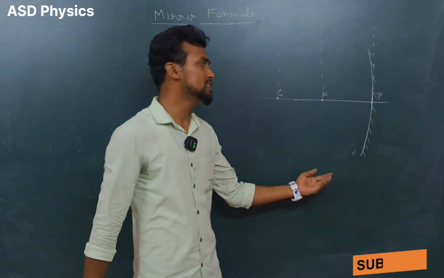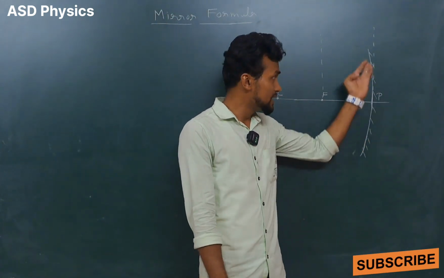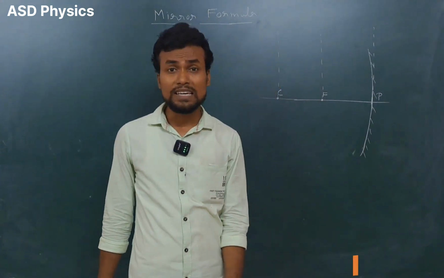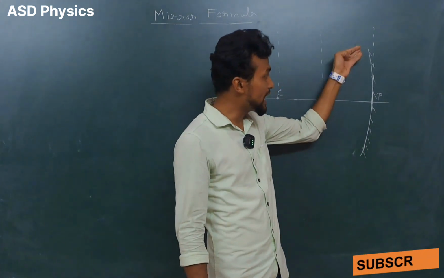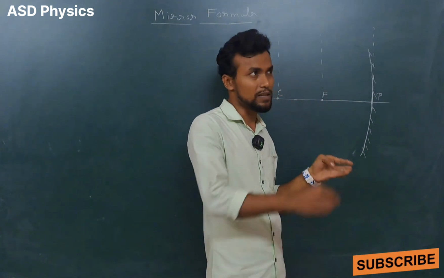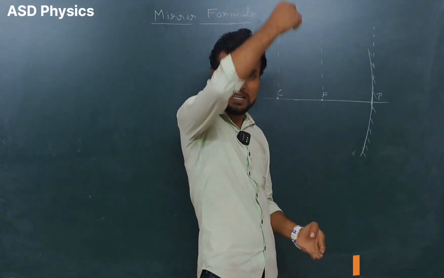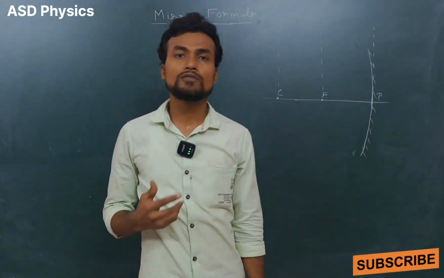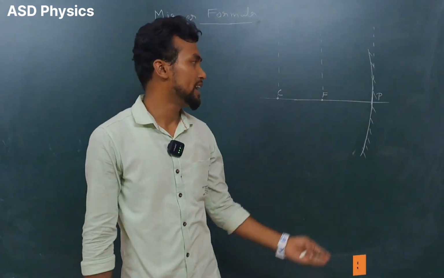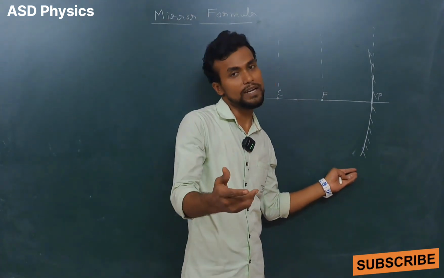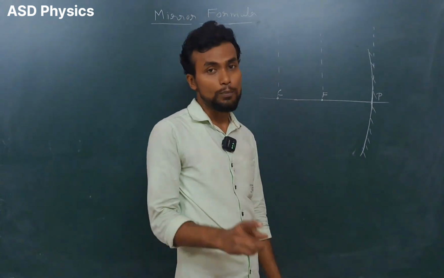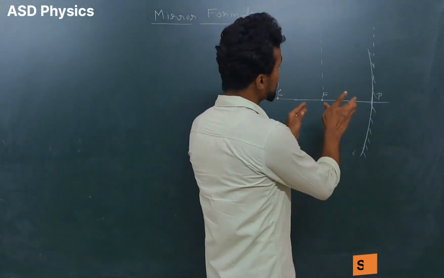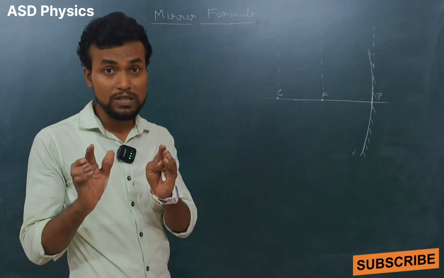Kindly make sure that in our syllabus the mirror is as less curved as possible, that means as straight as possible, not completely straight, but very less curved, so that the approximation of ray optics is valid. Here I have taken the concave mirror, so the focal length will always be negative.